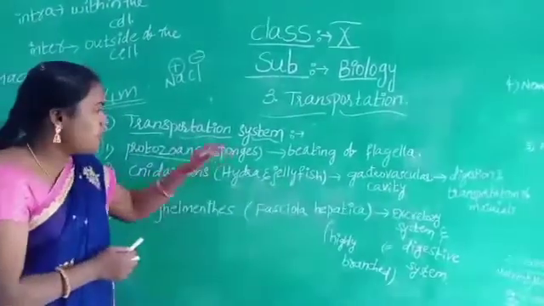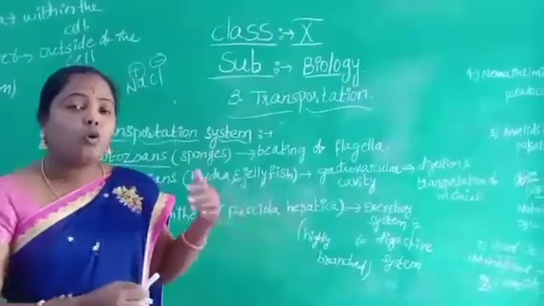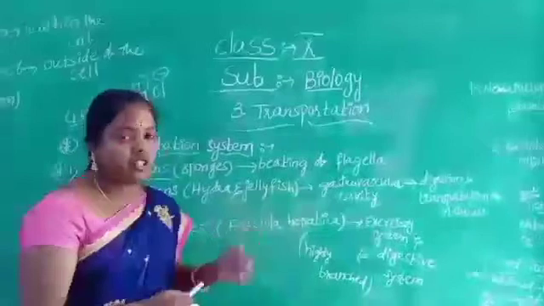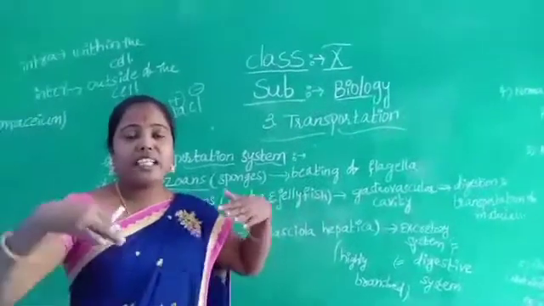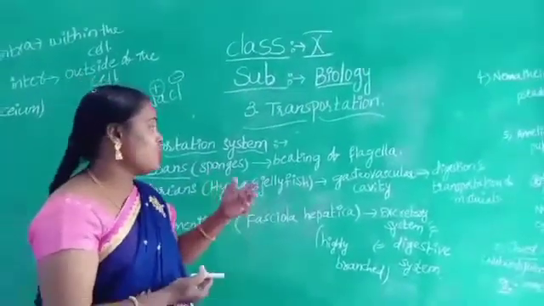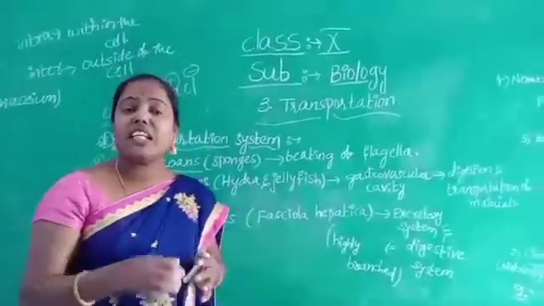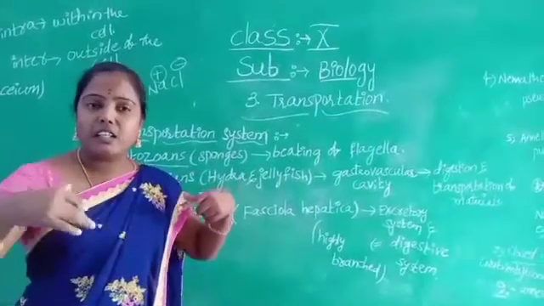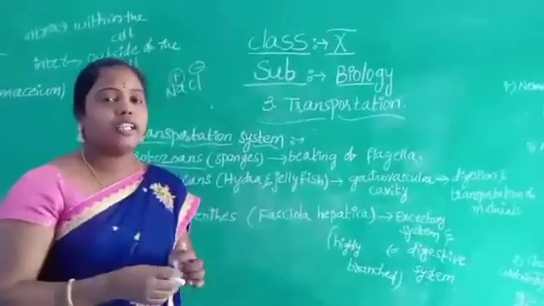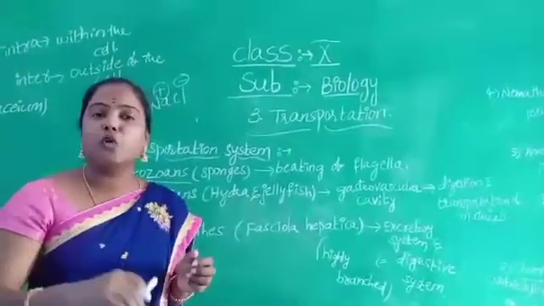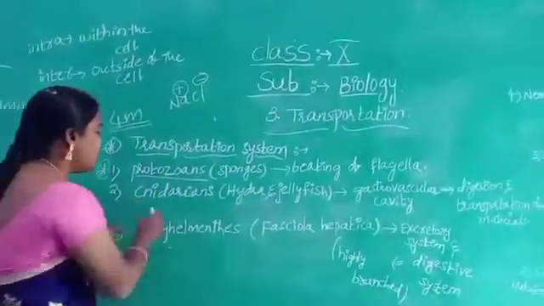For example, some sponges are living in normal water. Then how will they create the power? By beating flagella. The sponges contain wing-like structures, that is called flagella. When living in the normal water, by beating their wings or flagella, they can produce current, and by using this current they can move from one place to another place in the water.